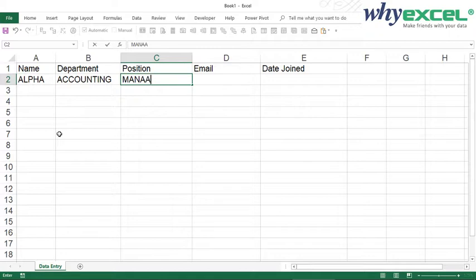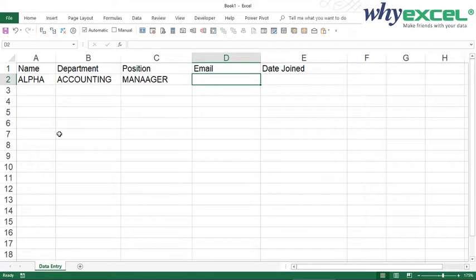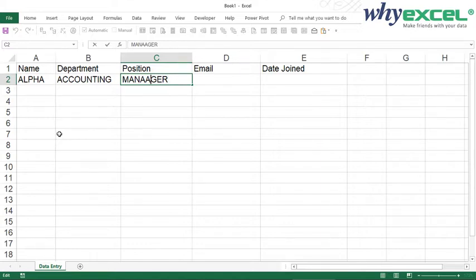Manager. And I'm intentionally making a mistake here. I press Tab. I realize I made a mistake. So in order to go back to a previous column, I just need to hold Shift and press Tab. Remember, no arrow key and no mouse clicking in this sequence. When I want to edit here, I press the keyboard F2. F2 will allow us to edit the particular cell.